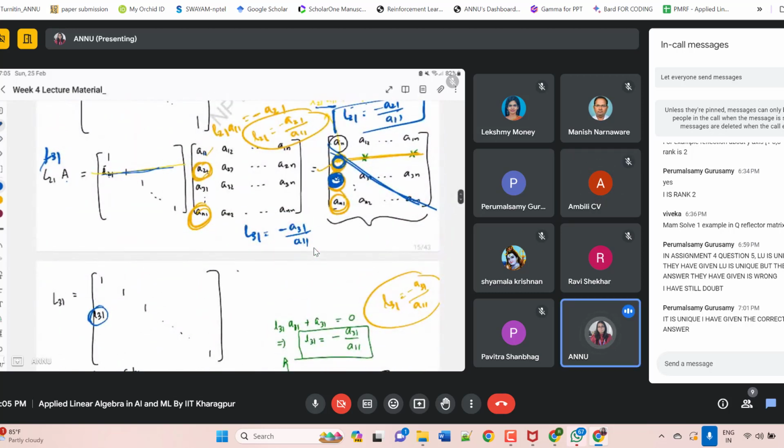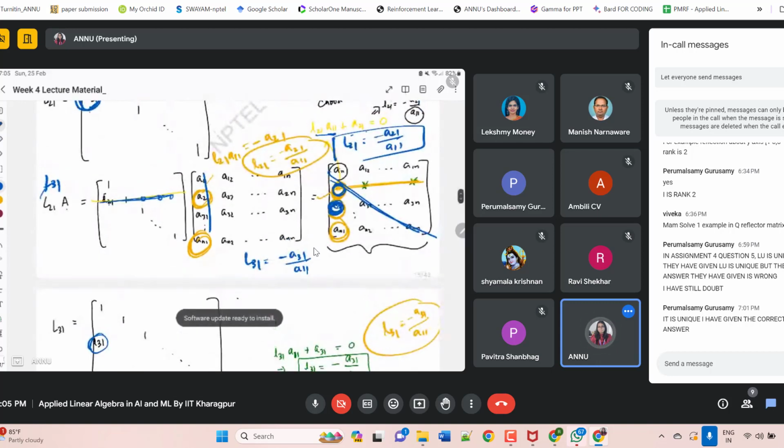This is the identity matrix, with 0, 0, 0. If you multiply this particular thing with the first row, for the second row, first column, what will you get? Don't you get this thing? Others are all 0, because this is 0 only. Identity means 1, 1, 1, 1 on the diagonal and 0 elsewhere. Right?